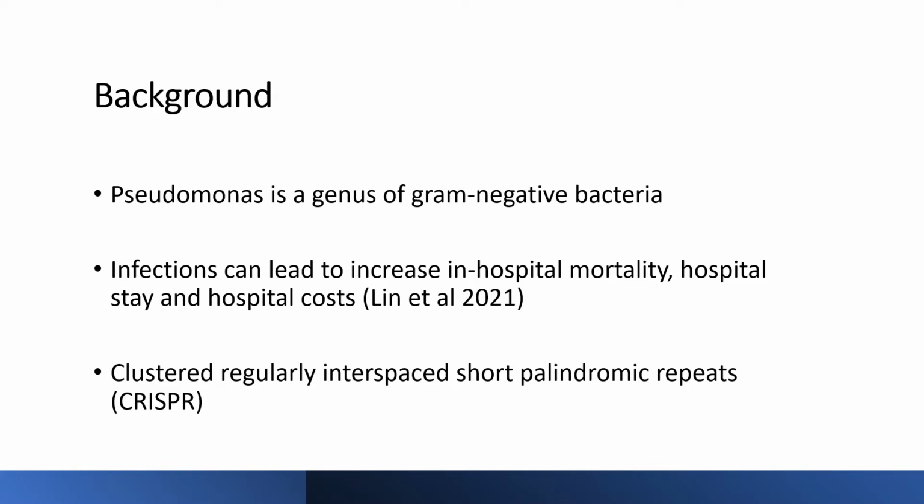Pseudomonas is a genus of gram-negative bacteria. Pseudomonas aeruginosa is an opportunistic pathogen, and it causes nosocomial infections. It has developed resistance to a number of antibiotics through a range of different mechanisms, such as efflux pump and drug inactivation. So resistant Pseudomonas aeruginosa infections are known to increase in-hospital mortality, the length of hospital stay, and hospital